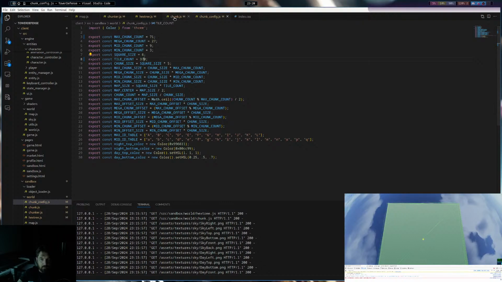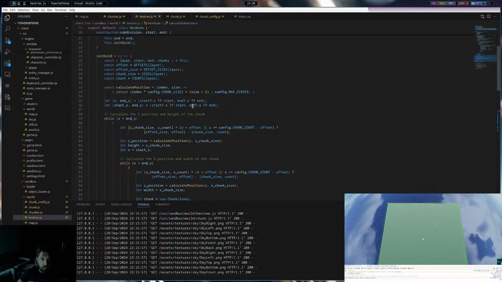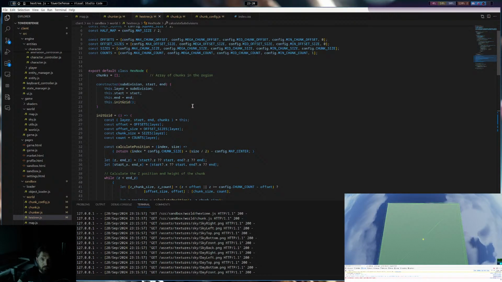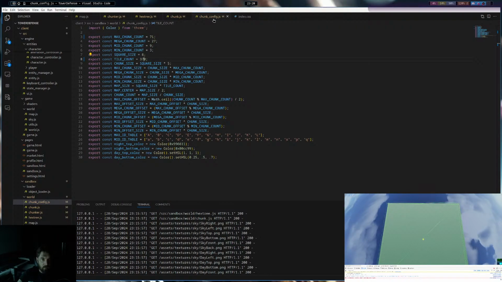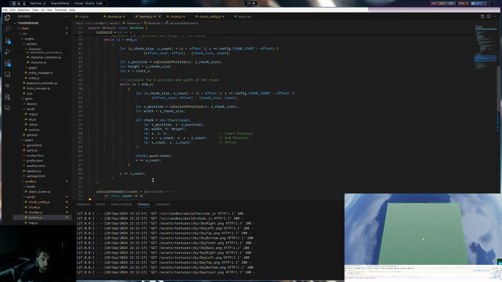There's something about our max chunk size that's not calculating properly. Alright, so we're gonna get rid of this too, as much as I hate to delete it all.